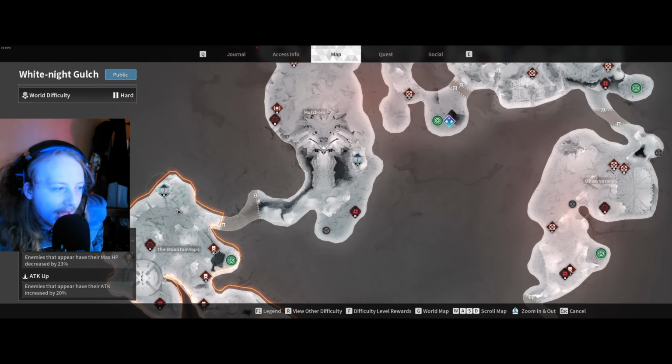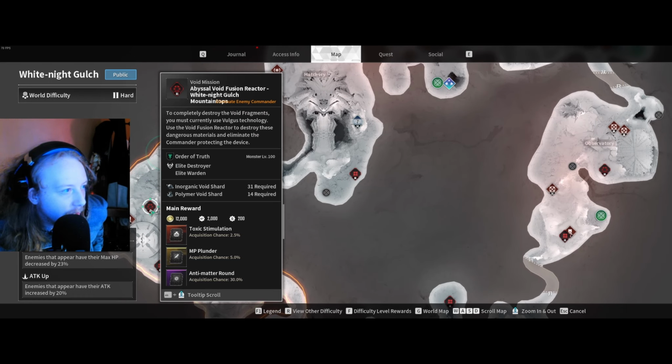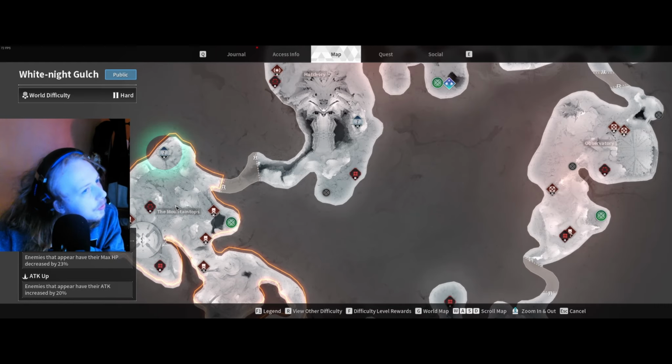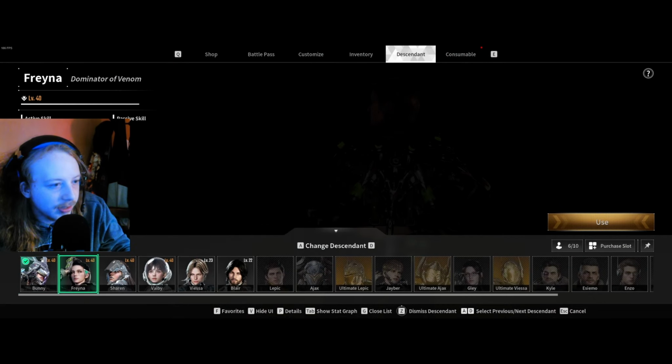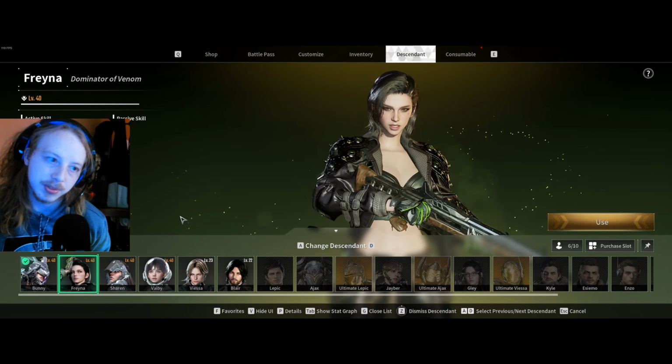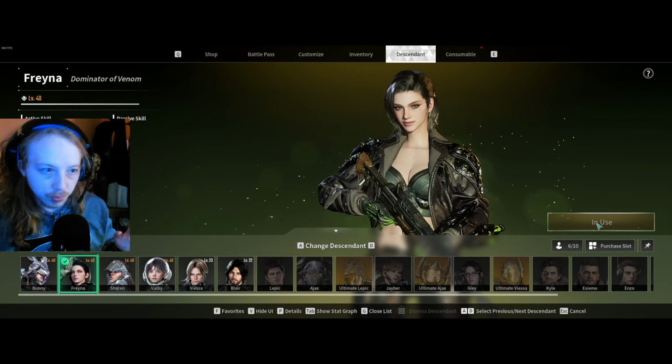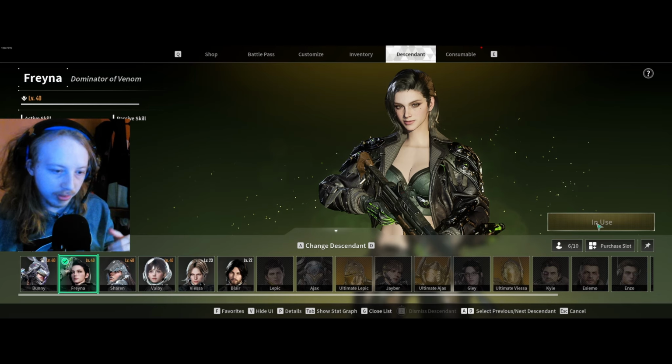Then after you get that, you have to go to the void mission, and you need to do the order of truth. I think for this one you need toxic damage. So if you have Freyna, I would highly recommend getting her first. If you haven't already, you need her because certain voids in certain areas will require certain characters to unlock certain items,